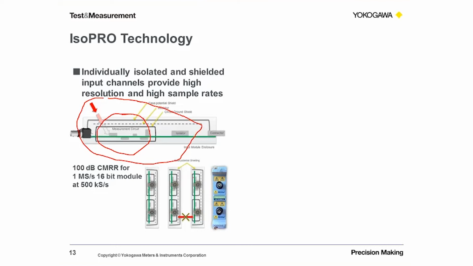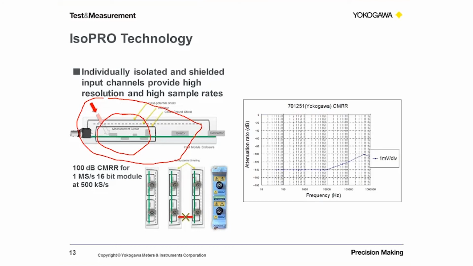This chart you see on screen is essentially showing a 1 megasample per second 16-bit module, and in this case we're running at sample rates of 500 kilosamples per second. As we can see here, we are able to achieve 100 dB of attenuation for noise. What that